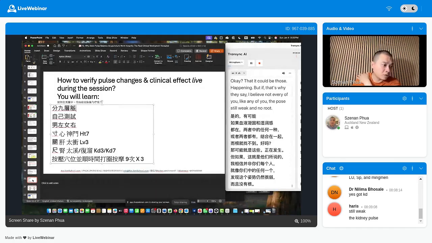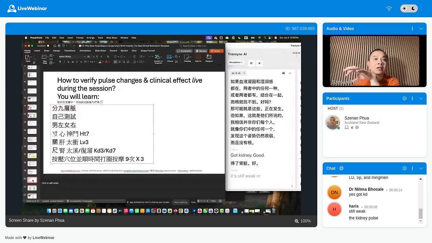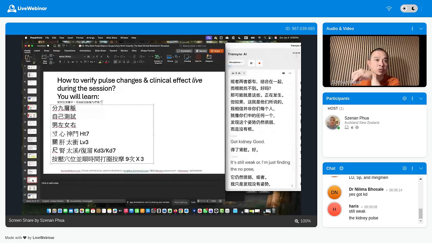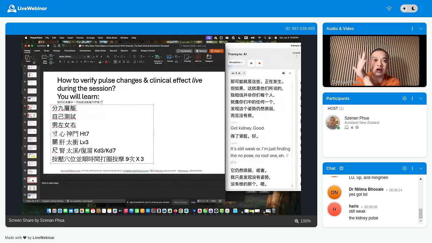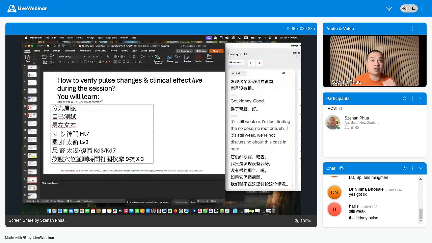Got kidney. Good. It's still weak, or I'm just finding the no pulse, no root one. If it's still weak, we'll not discuss about this case in here. For those of you who say no root,